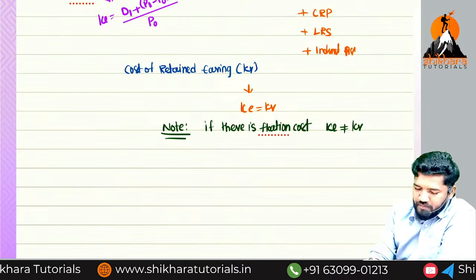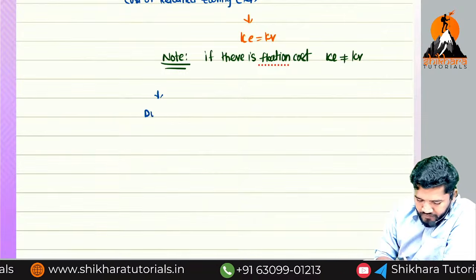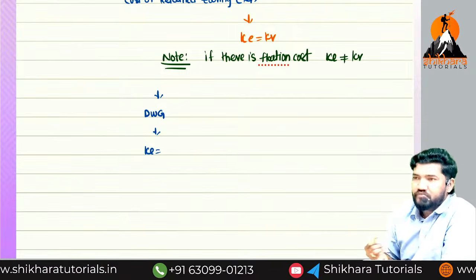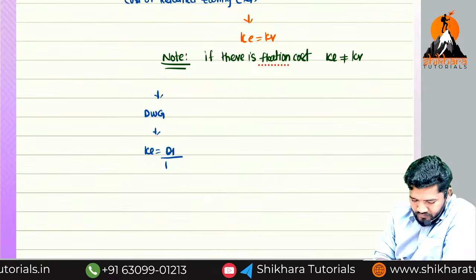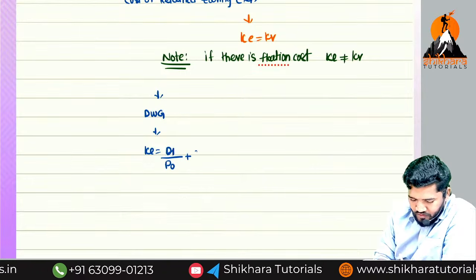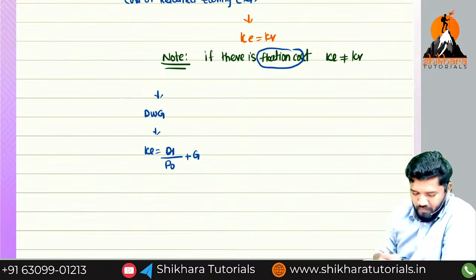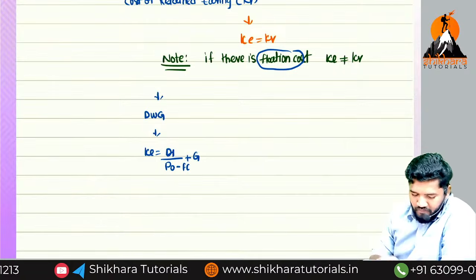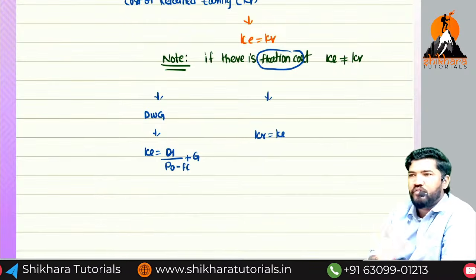Okay, for example, the dividend with growth model. How do you calculate KE? D1 divided by P0 plus growth. The point I said is, if there is a flotation cost, then subtract flotation cost. When it comes to KR, it is the same KE calculation, but